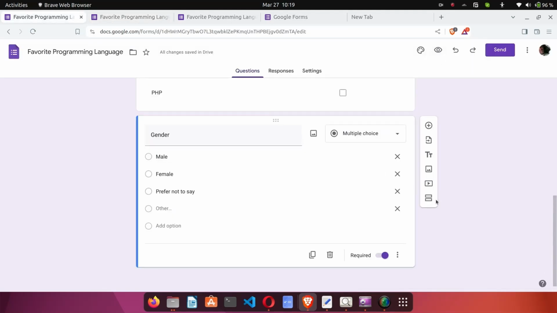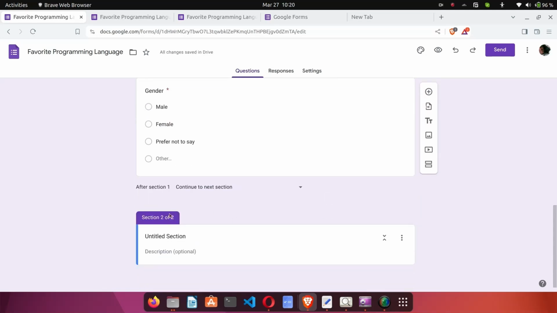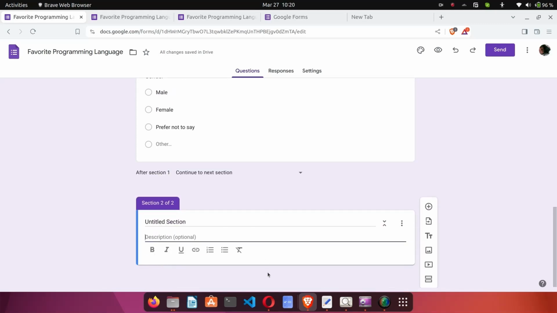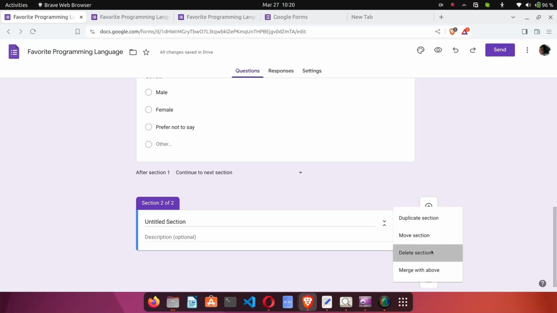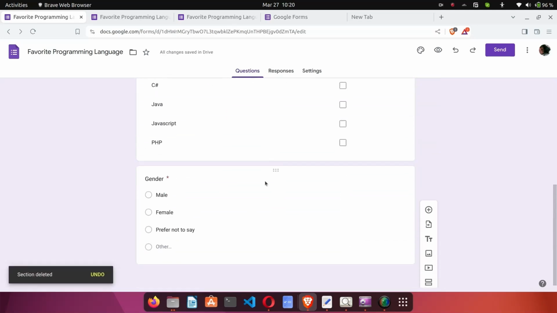So basically that's how you design your survey form. There are other things you can actually add to this. So you could add images, you can add a title and description, you can import questions, you can even include a video. Okay, and you can add a section to this particular survey. So I clicked on section, you can give it a new title, and then you can add a description, and then you can put questions underneath this section. So I'm just going to delete this section, and then we'll be left with our 3 questions, which is pretty